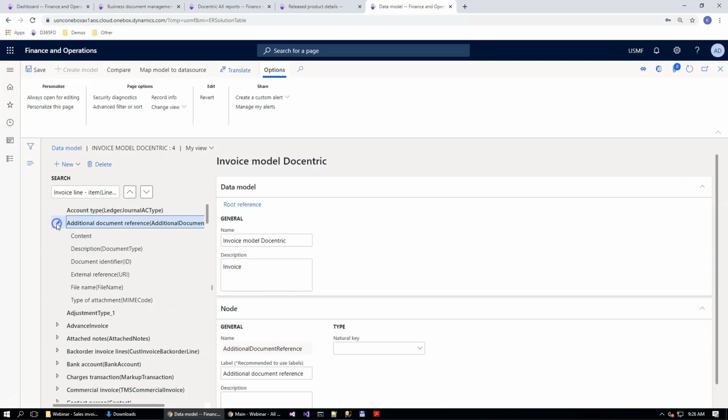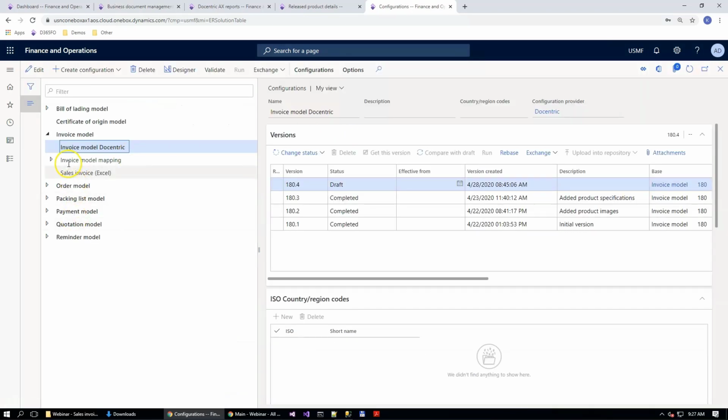If you take a look how it looks like, this is basically a type that was already defined in the model from Microsoft, and it contains the content, the description of the embedded document, the document identifier, and some other additional information. And this would be enough for our demo. So we save these changes to the model,